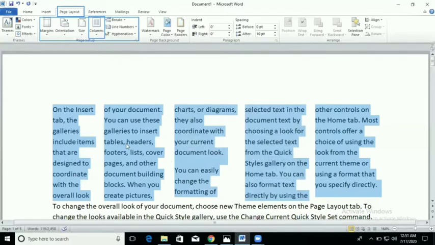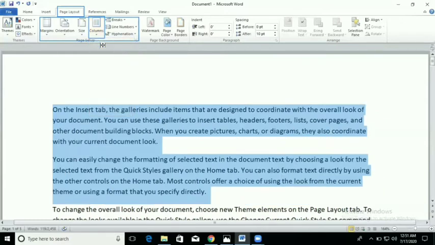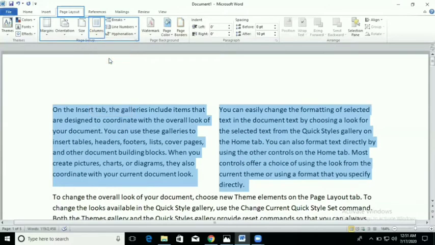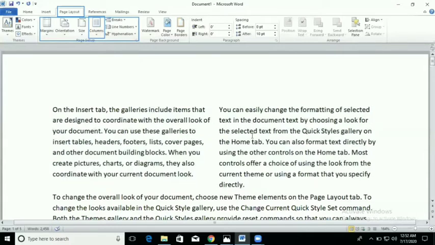Go to OK, and you can see those texts I have selected are now displaying as columns. I have chosen 5 columns, so it is displaying as 5 columns. Clear? If you want only one, like a paragraph, you can choose this option also, 1. It will display like a paragraph. It depends upon you how many columns you want to make. Now I have taken 2. You can see here there are 2 columns.